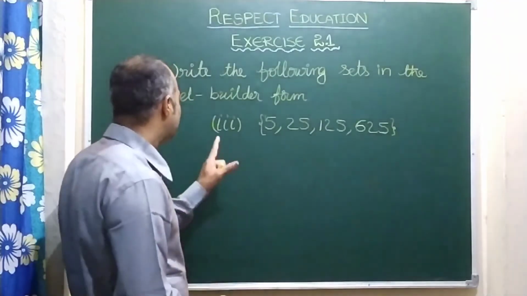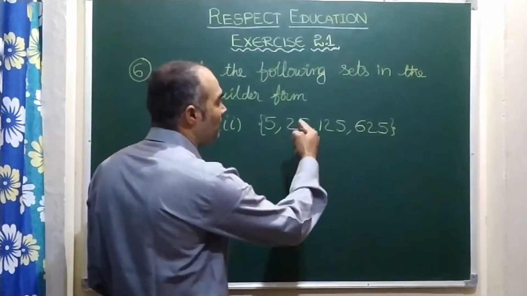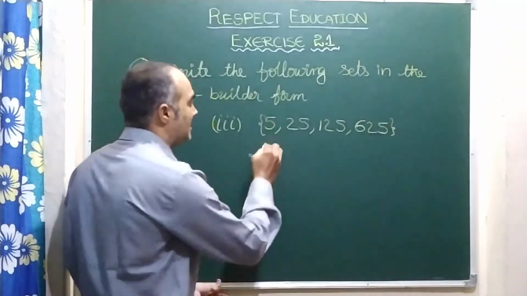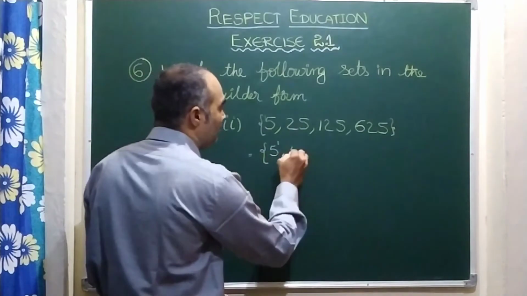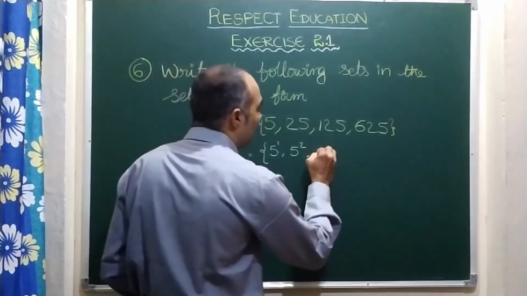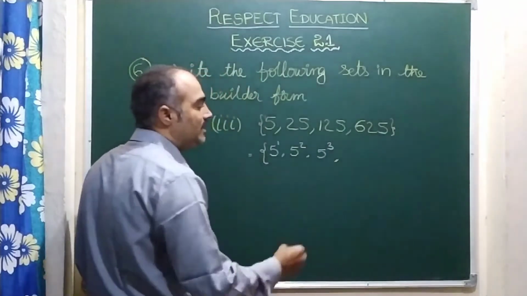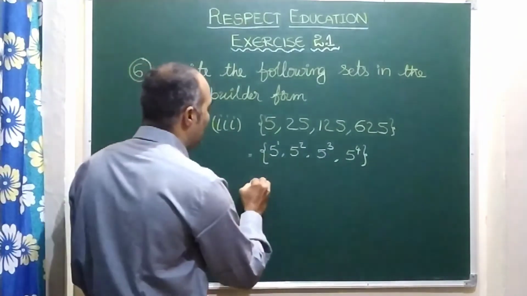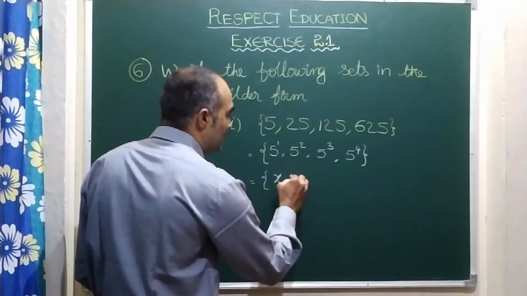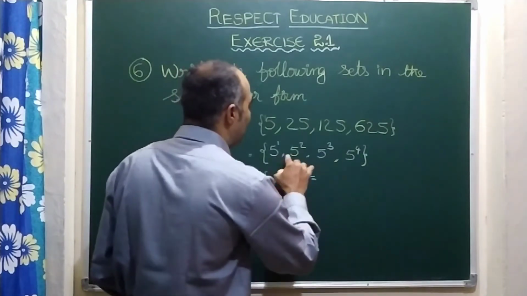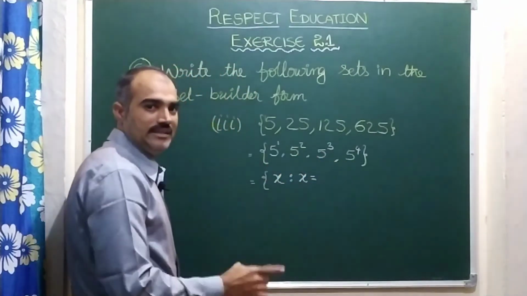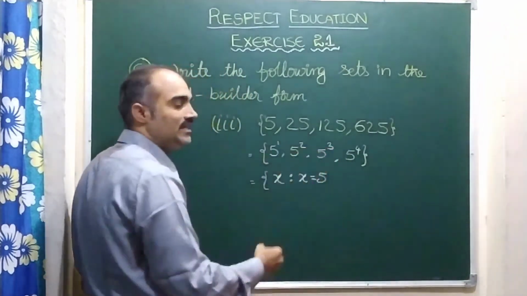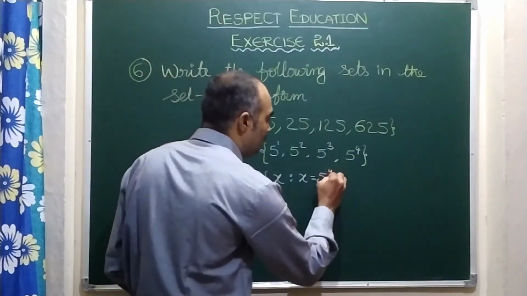Now let us see next bit, that is third one. 5, 25, 125, 625. So here let us convert them into common property, that is 5 can be written as 5 power 1, 25 is 5 square, 125 is 5 cube, 625 is 5 power 4. Right? So here we are writing x such that x is equal to, see here the base is fixed, it's constant, that is 5. Power is getting changed, so we are taking that as other alphabet, that is y.